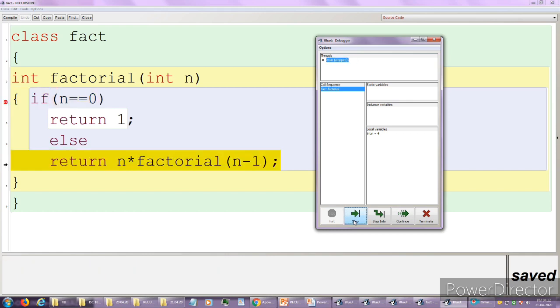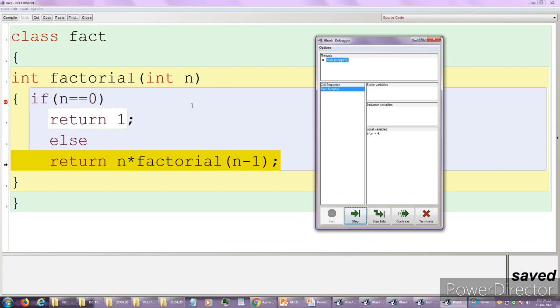And in the else part, the method will call itself within its body. We wrote here n into factorial(n minus 1). That means 4 into factorial(n minus 1).